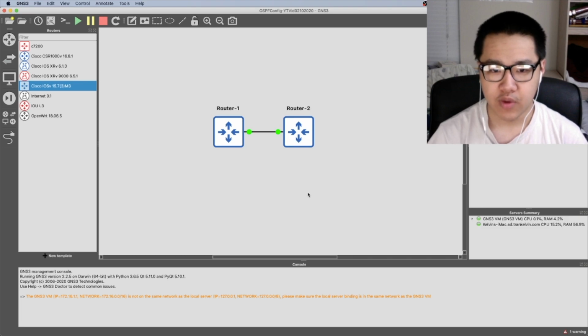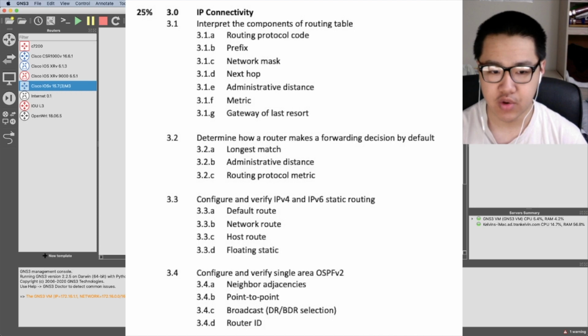Also, we are doing OSPF and not EIGRP or BGP because on the new CCNA 200-301, the one that's coming out on February 24th, which is just a few days away now. So if you guys are doing CCNA R&S, you should really hurry it up if you haven't already. But on the new CCNA 200-301, this is the only routing protocol that's covered on the objectives, which is actually surprising because I would think that RIP would be covered as well, given that RIP is significantly simpler than OSPF,